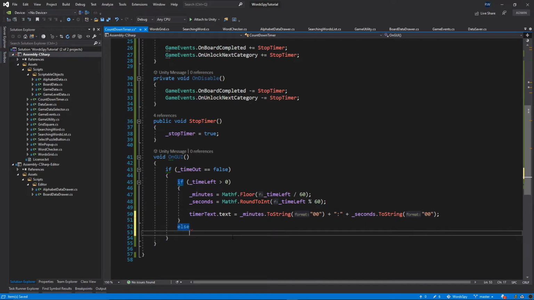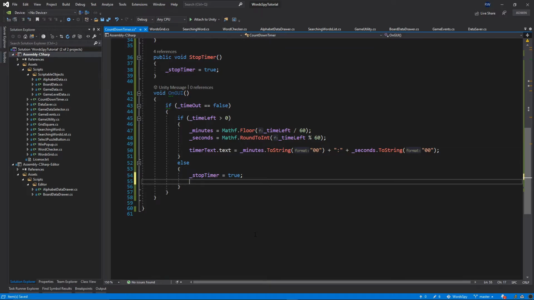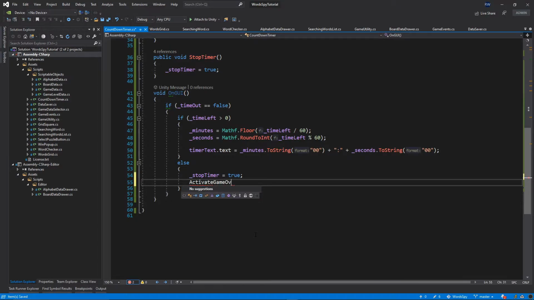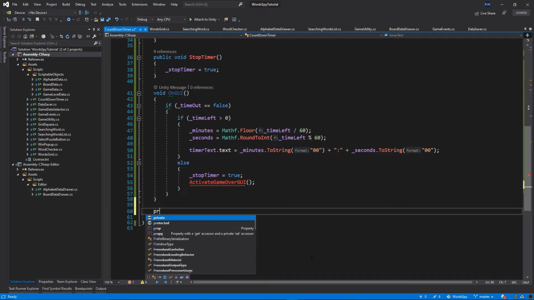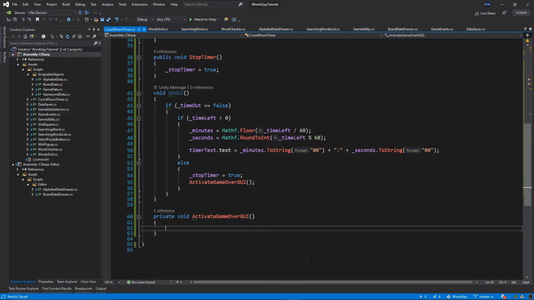Otherwise, we want to set our stopTimer to be equal to true, and then ActivateGameOverGUI. Okay, we don't have this function yet, so let's just quickly create it. So I will just copy this name, and then right below I will add private void ActivateGameOverGUI. From here, let's first of all set our timeout to be equal to true,